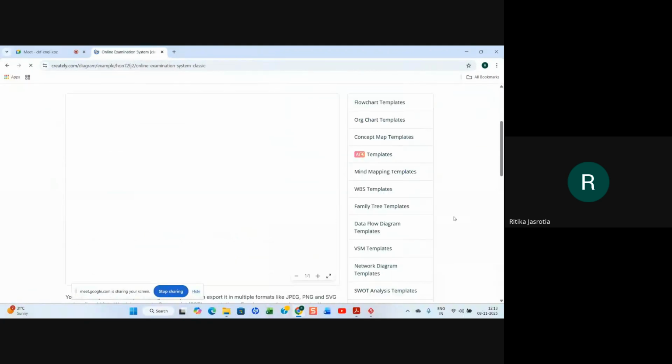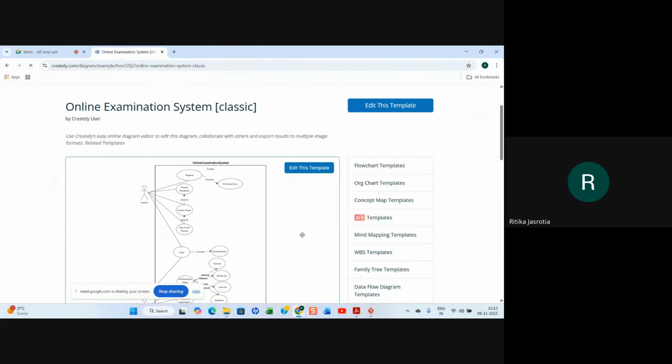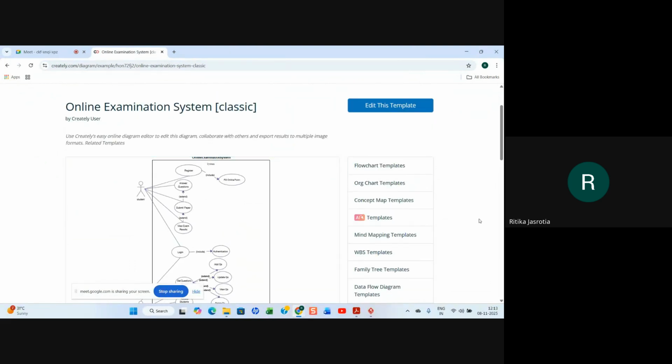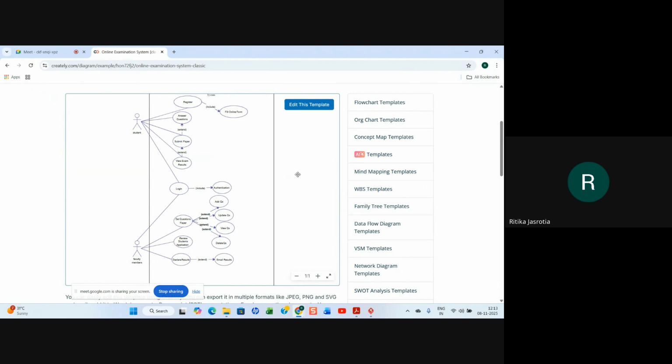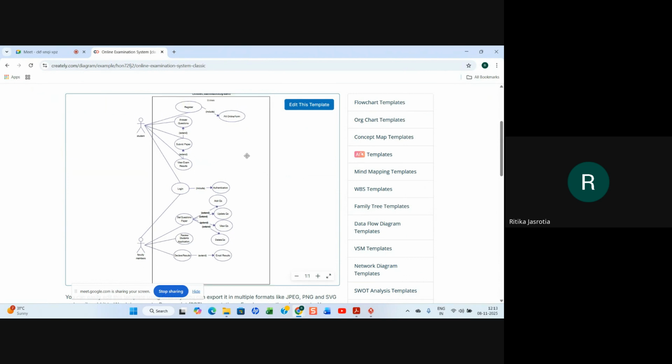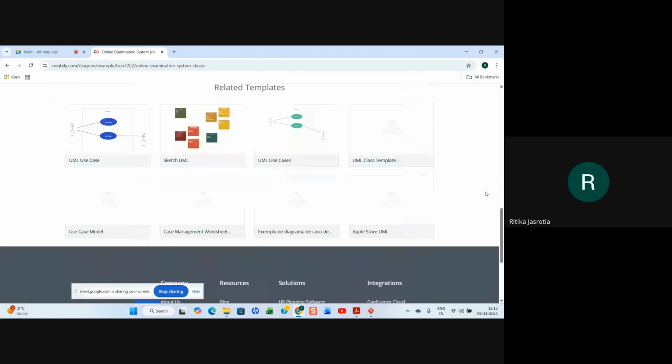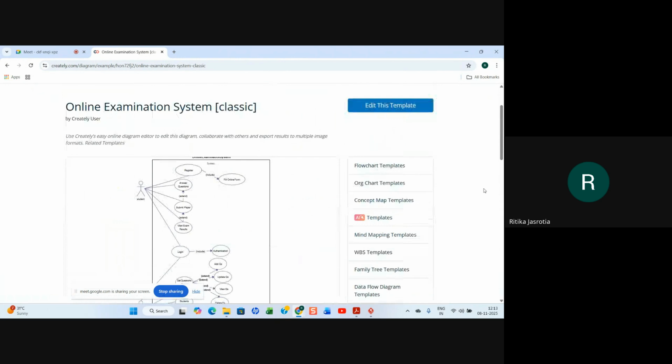Any activity, if it is there, let us see. In this, they are showing a use case diagram. Suppose a use case diagram for student register. I'm just giving an example.